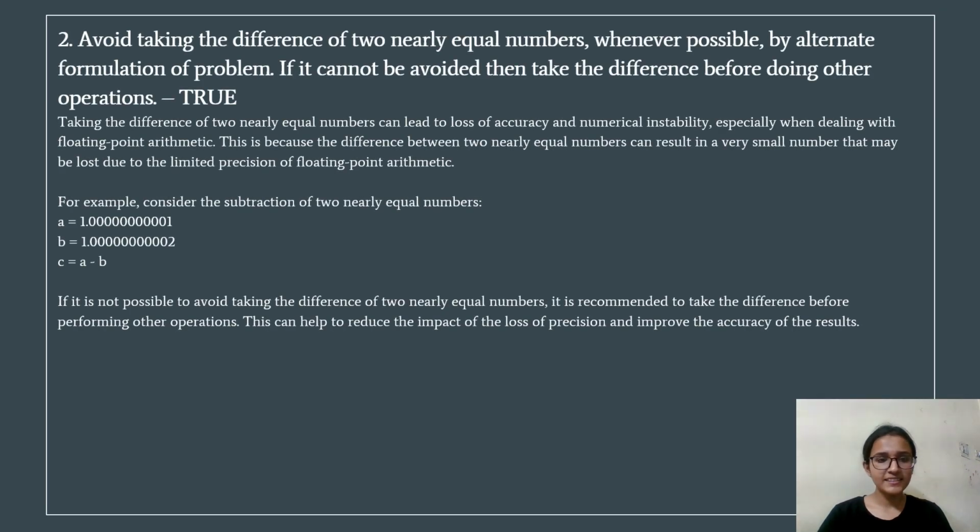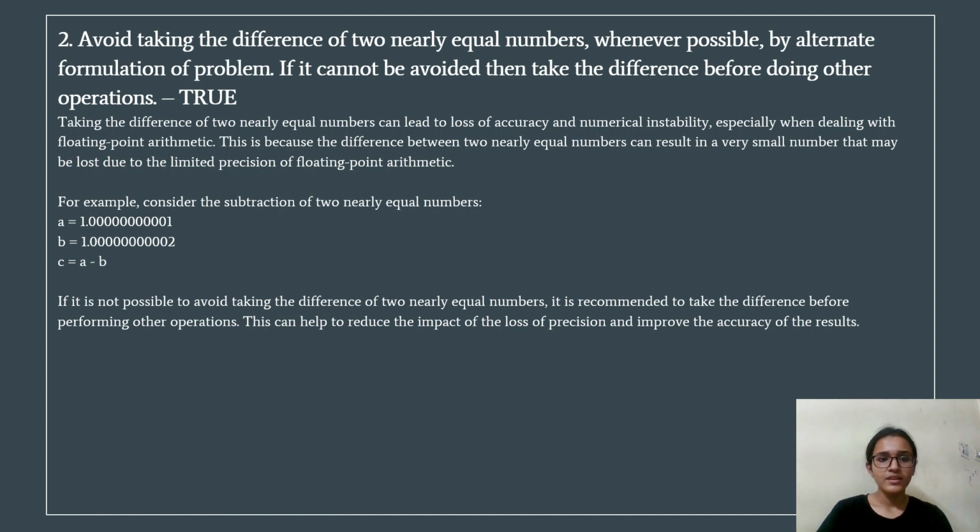The second statement states that we should avoid taking the difference of two nearly equal numbers whenever possible by an alternate formulation of the problem. If it cannot be avoided, then take the difference before doing other operations. So this statement is true because taking the difference of two nearly equal numbers can lead to loss of accuracy and numerical instability, especially when dealing with floating point arithmetic, as the difference will be a very small number and that may be lost due to limited precision of floating